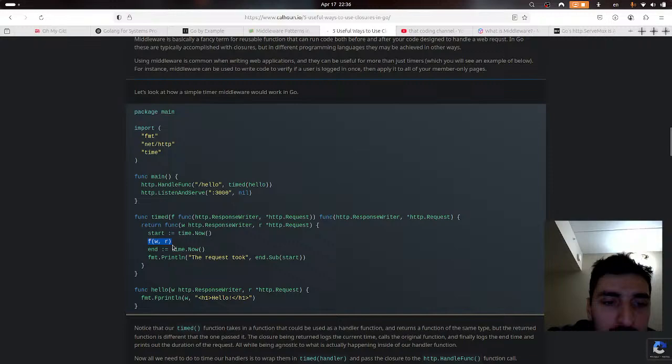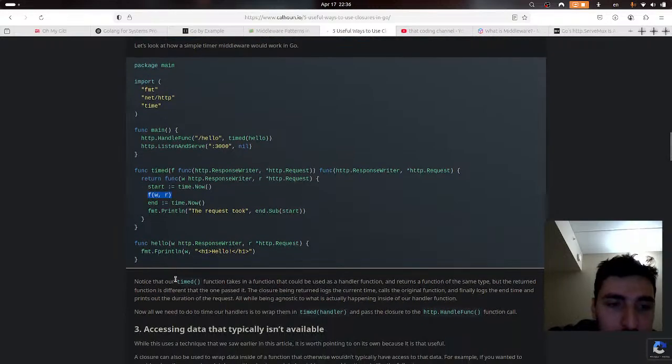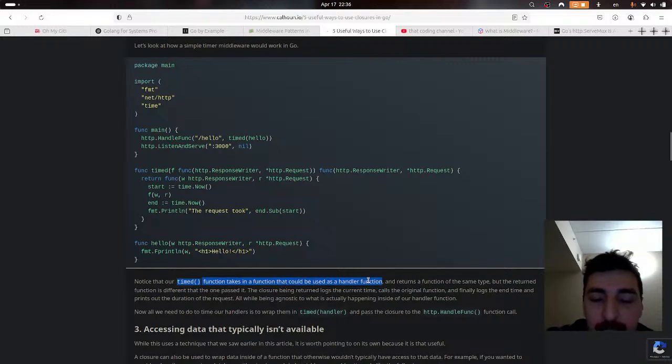V and R. f is some function, but I don't see what function that is. Notice that our timed function takes in a function that could be used as a handler function. Oh, f is this, it takes in f as an argument to timed and returns a function of the same type, but the returned function is different from the one passed in. The closure being returned